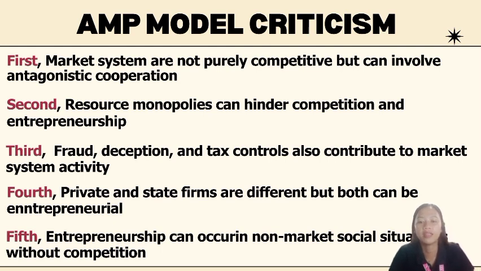The fourth one is that private and state firms are different but can be entrepreneurial. So the AMP model primarily focuses on entrepreneurship within private firms in a market economy. It argues that the model doesn't sufficiently address entrepreneurship in state-owned or public sector firms. So this criticism highlights the need to consider the differences between private and state firms and their